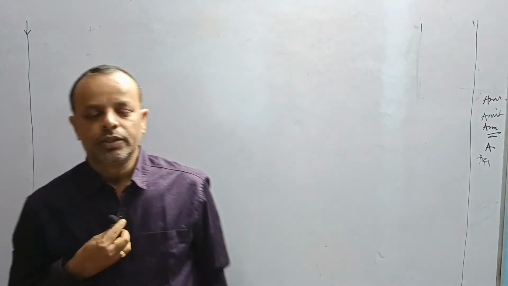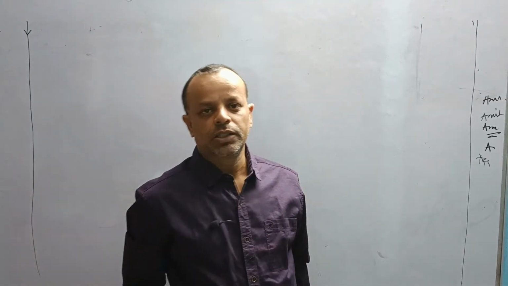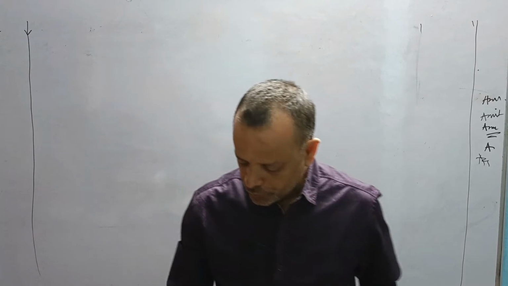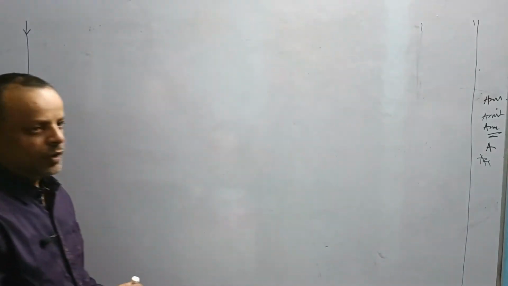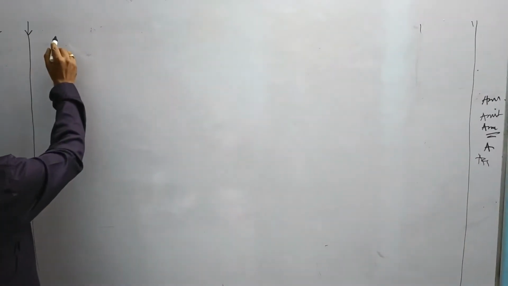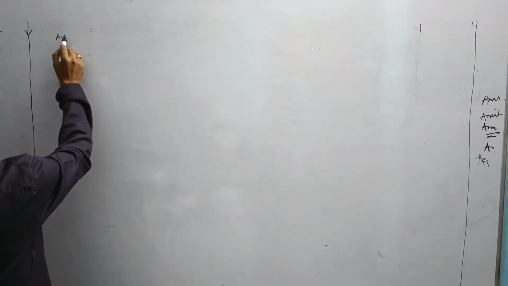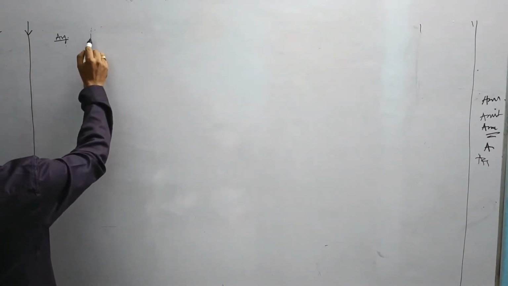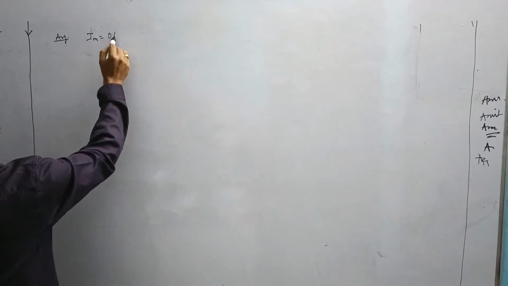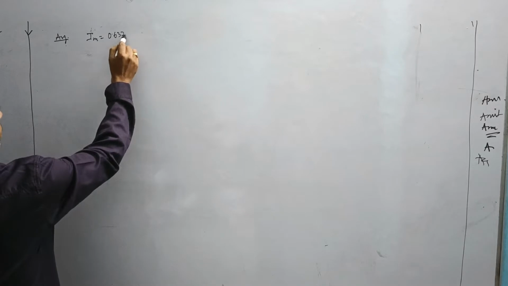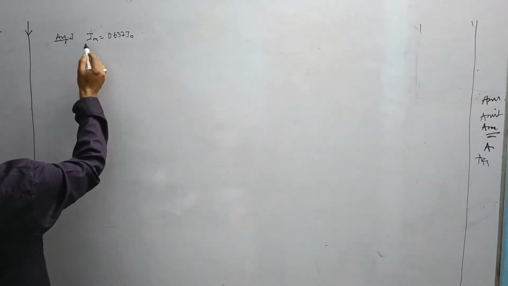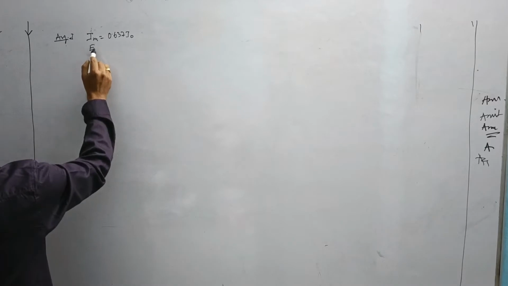Hello students, today we are going to start our next part of AC. We'll go for a quick recap of what we have done earlier. We did the average value of the current, that was Im into 0.637 I naught. That was the average value or mean value of the current. And the mean value of the EMF was